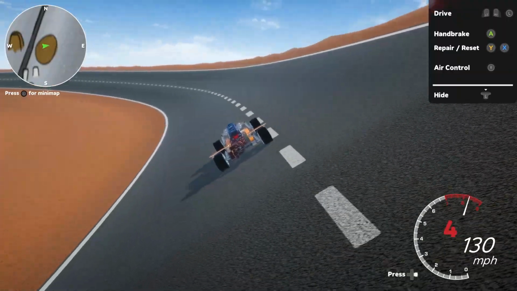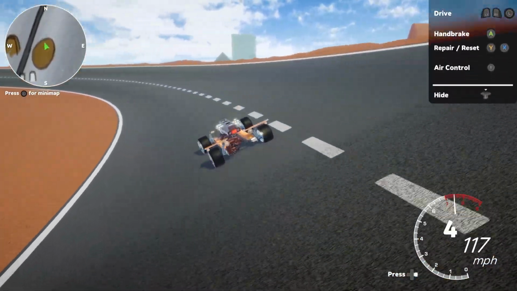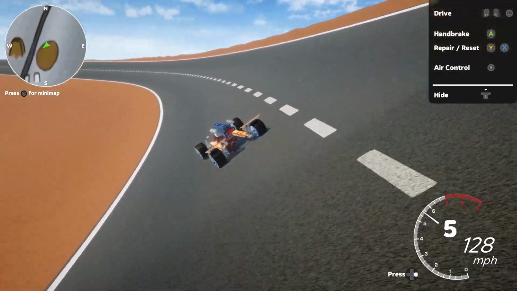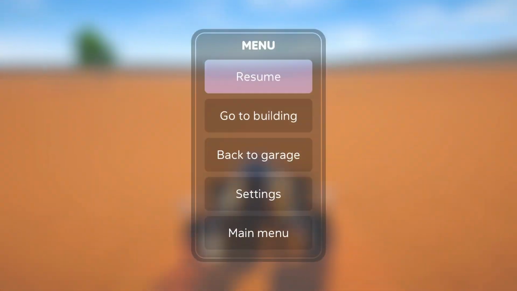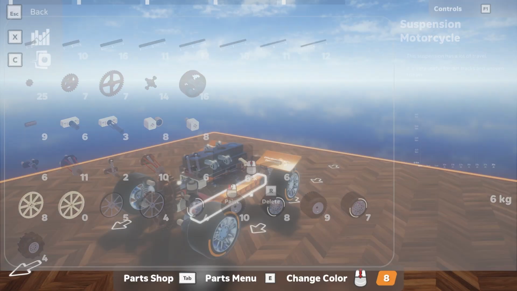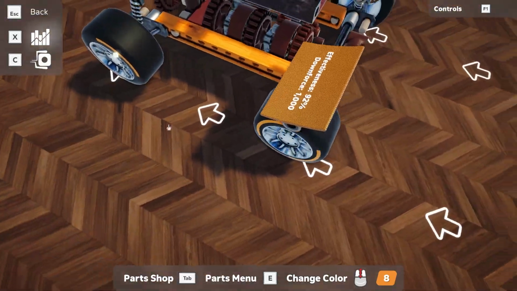I think because it's so light, I just need a little bit more downforce to make it easier to go around the track, because we can get a lot of speed out of this. I think we can get gold at that rate, because it's kind of hard to get gold on this track. So let's go to the build and see what we can do with setting up our vehicle for some